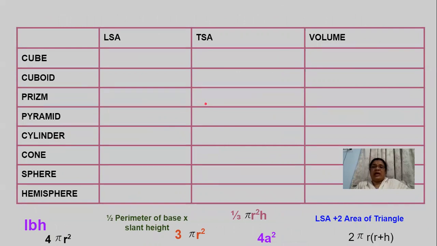Here I have given a blank table, and each and every student should draw this table in your notebooks and regularly try to write the formula. If you write the formula, you don't get confused, and you'll be perfect in writing the formula. Once you get the formula, that is the main foundation step for command over this mensuration chapter. The formula is very important. It is a formula-based chapter. Unless you get the formula, you can't solve the problems in it.